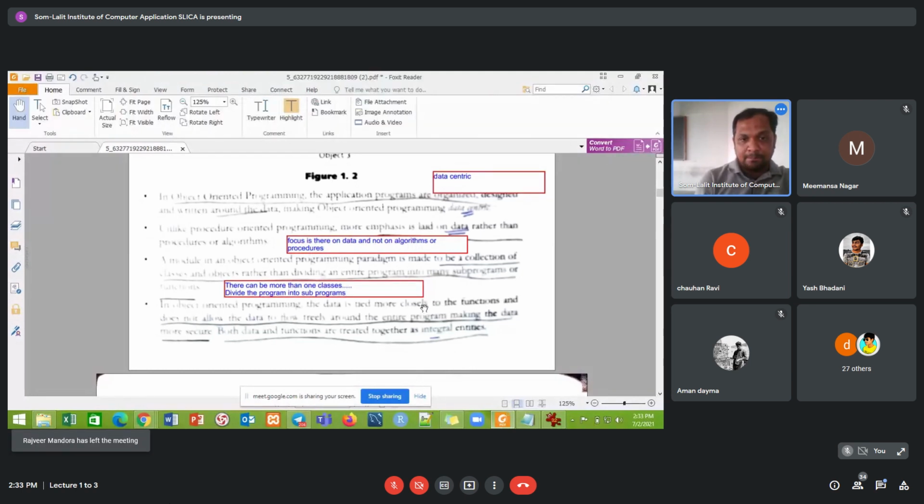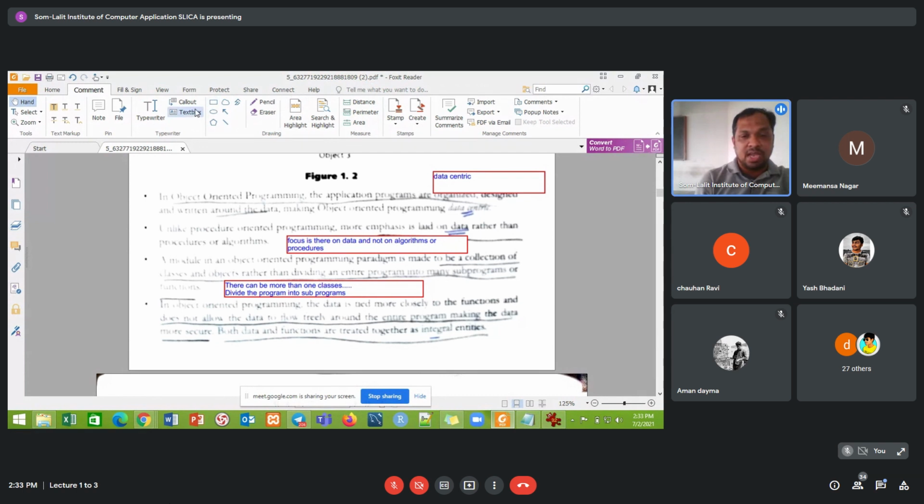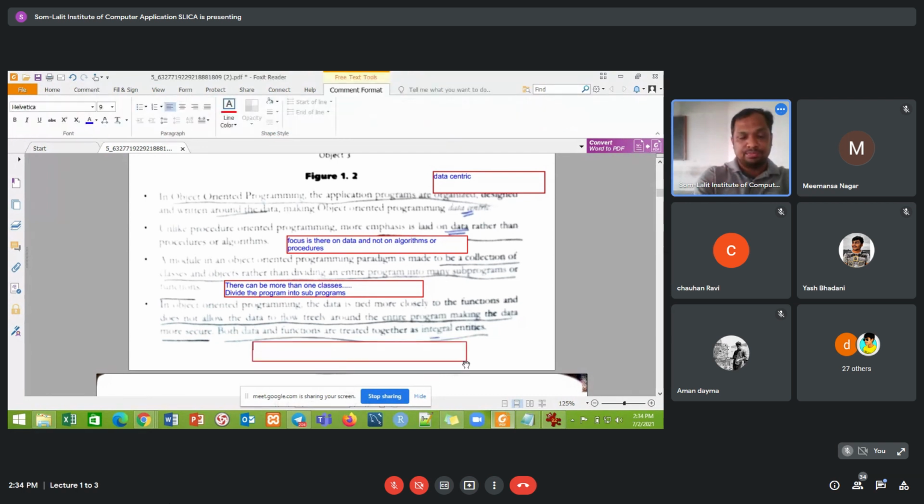And then the next paragraph says that you can provide security to the class by declaring multiple sections.